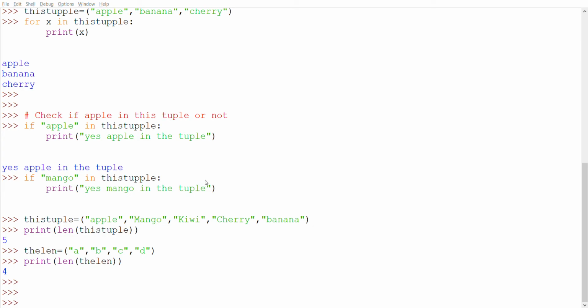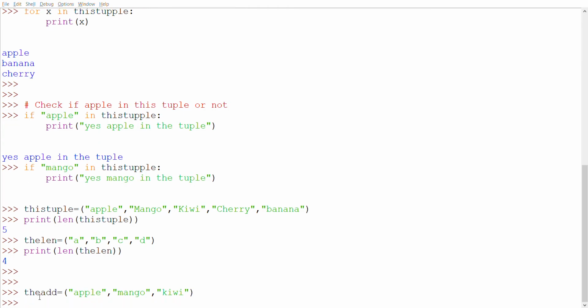Now next item, how are we going to add items? Once a tuple is created, you cannot add items to it. Do you know why? The same reason, because tuples are unchangeable. Let's try to add an item in a tuple. Apple, mango, and kiwi. Okay, this is a tuple.